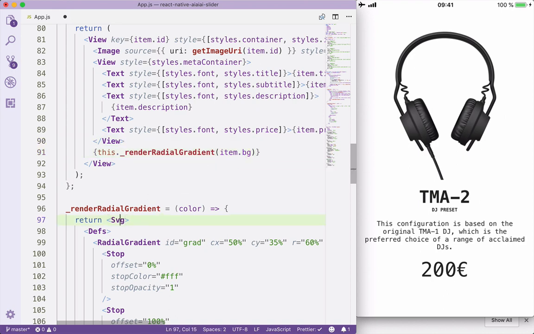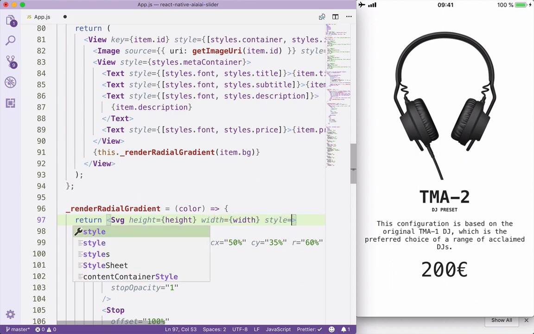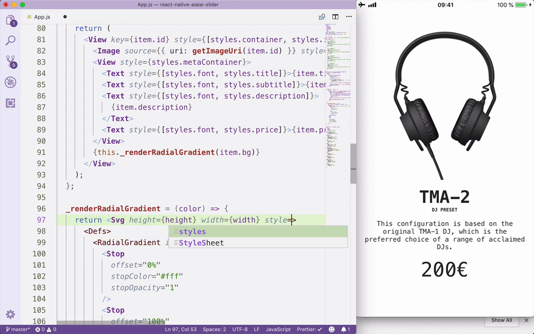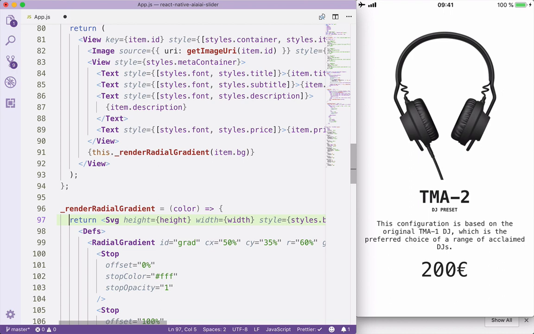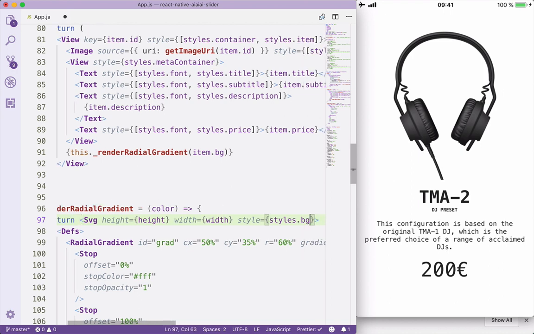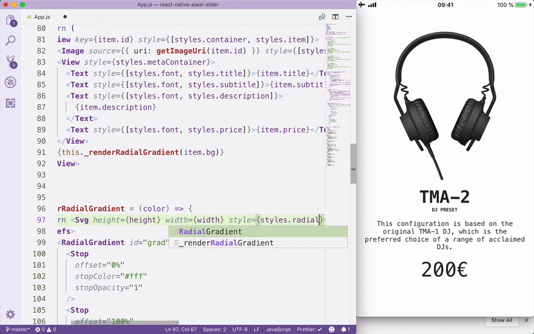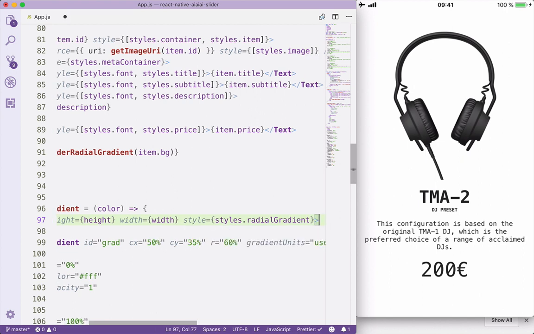And actually I noticed that this SVG doesn't have any attributes, so we'll apply a height as well and the width, and also let's apply a style to it, style background or radial gradient, let's say. Background radial,